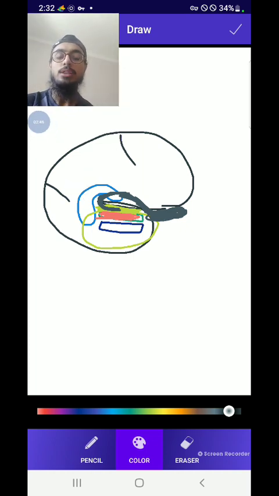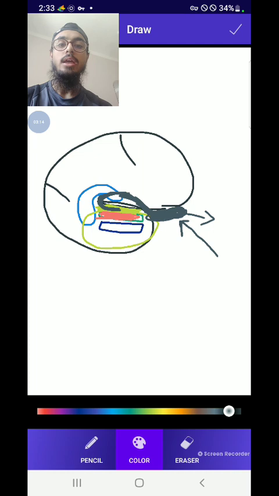So guys, this is the pathway related to olfaction. What is this? This is the olfactory bulb, which is present at the base of the frontal lobe and senses the smell. How does it sense the smell? You know the olfactory nerve, the cranial nerve. The first cranial nerve is olfactory. So the olfactory nerve senses the smell and sends it to this olfactory bulb, and all the information from any type of smell, like bad smell, good smell, perfume smell, all types of smell, goes towards this area,